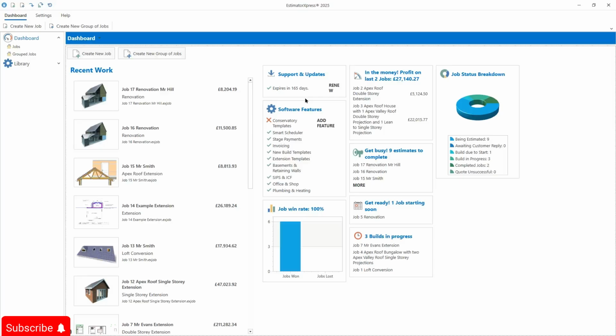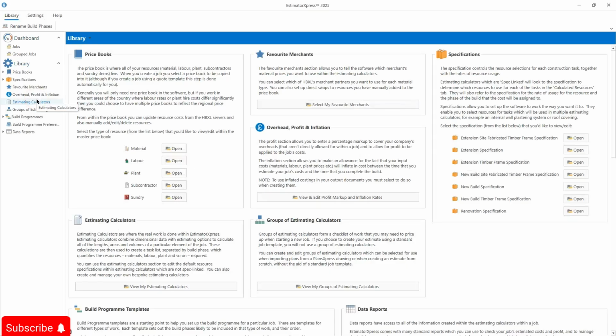As always, I would suggest before you do any estimating that you go to the library and update any prices that you need to do before you do an estimate. This will ensure that the prices that you're estimating with are completely up to date. So for example, if you'd like to update your materials,